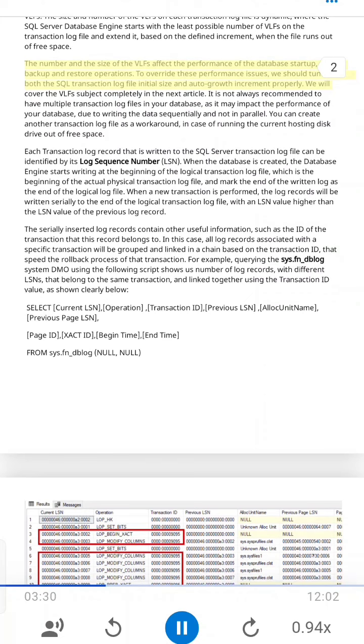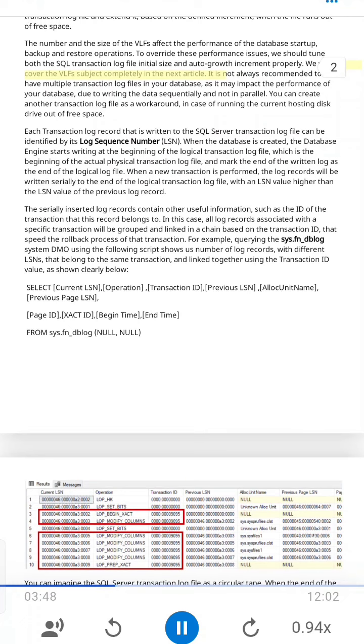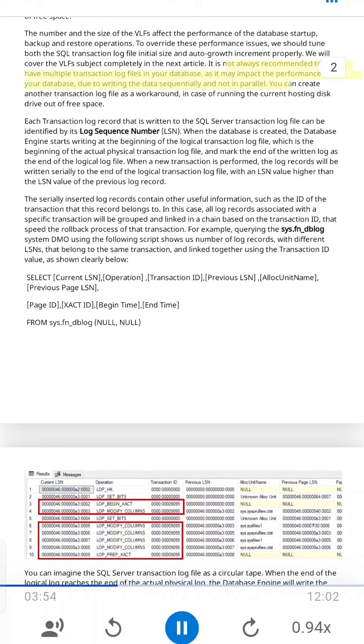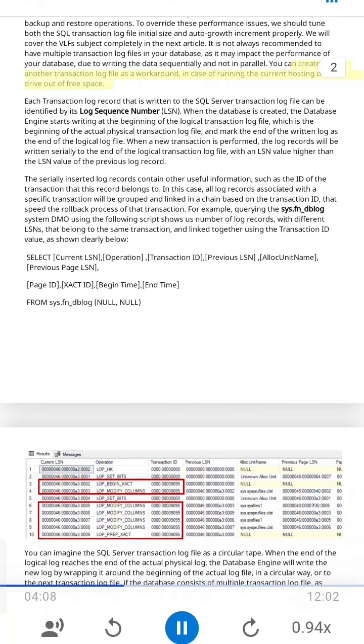The number and the size of the VLFs affect the performance of the database startup, backup and restore operations. To override these performance issues, we should tune both the SQL transaction log file initial size and auto growth increment properly. We will cover the VLFs subject completely in the next article. It is not always recommended to have multiple transaction log files in your database, as it may impact the performance of your database, due to writing the data sequentially and not in parallel. You can create another transaction log file as a workaround, in case of running the current hosting disk drive out